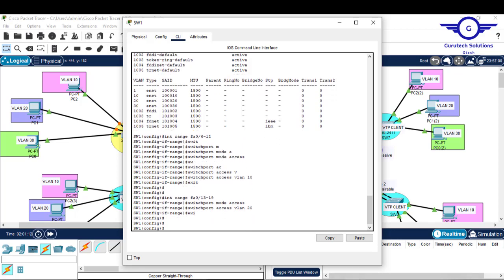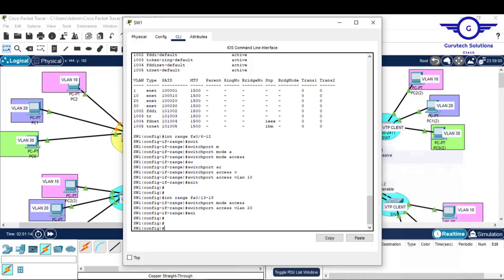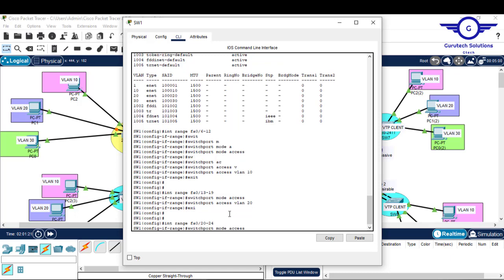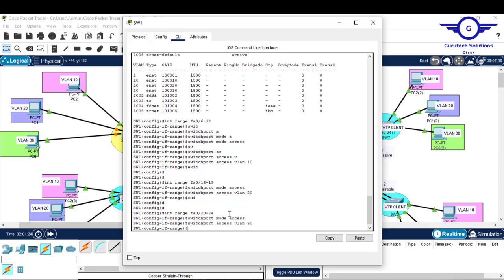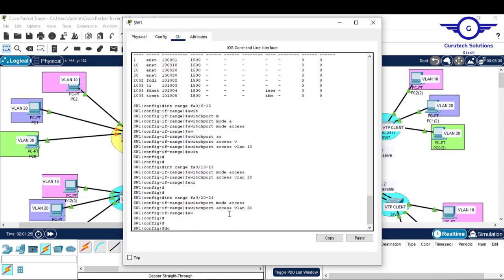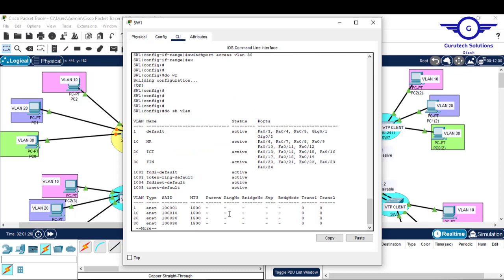Then finally you go to this range here, FA0/20 to 24. Switchport mode access, then switchport access VLAN 30. Exit and do write. So if we do show VLAN, now you will see for VLAN 10,